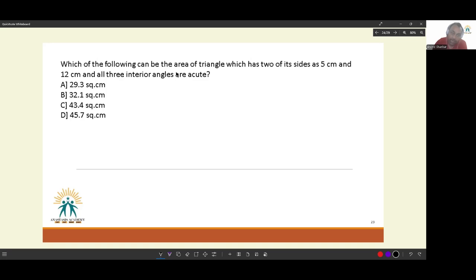Which of the following can be the area of the triangle which has two of its sides as 5 centimeter and 12 centimeter, and all three interior angles are acute? Okay. Now see,